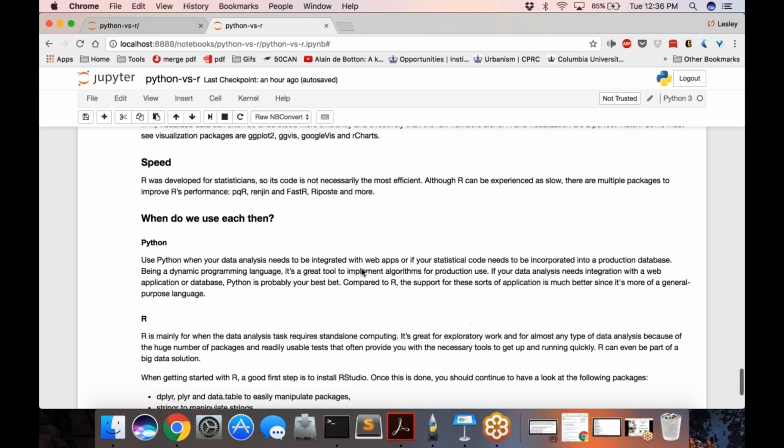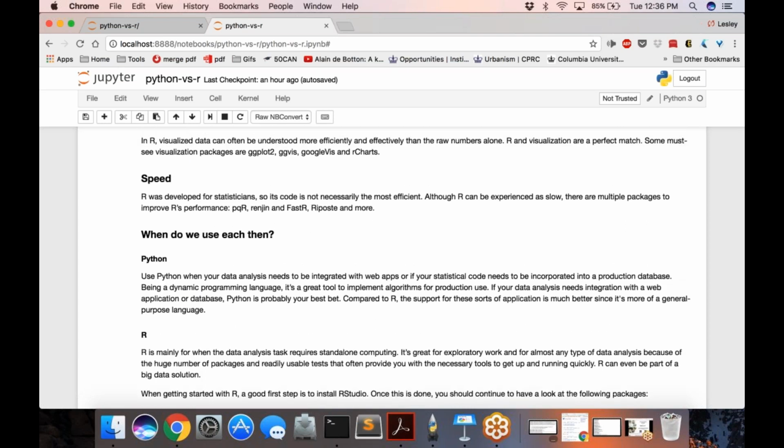Right, so as I mentioned, and I'm probably sounding like a broken record at this point, but R was developed for statisticians. So the code isn't necessarily the most efficient. And that's just because it's built by people who don't come from a computer science background. Statisticians' focus is obviously on statistics, right?